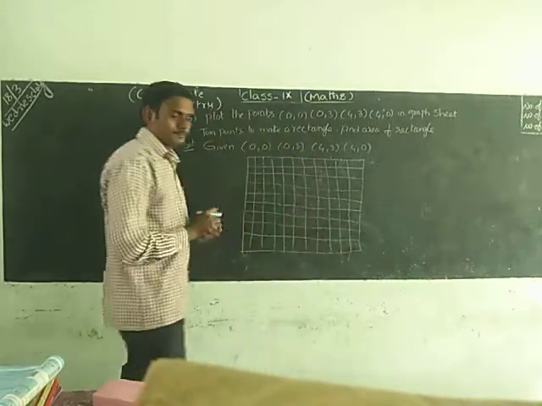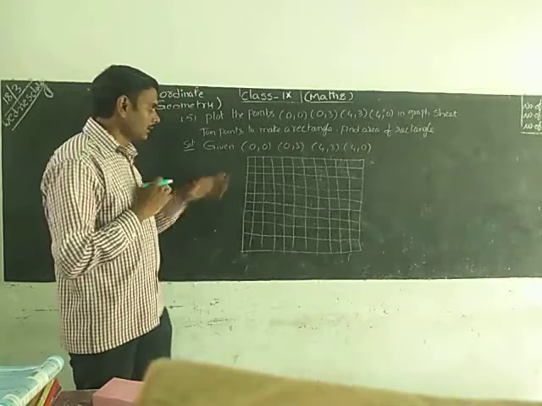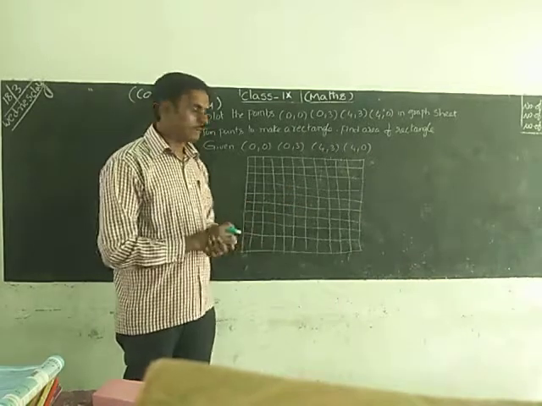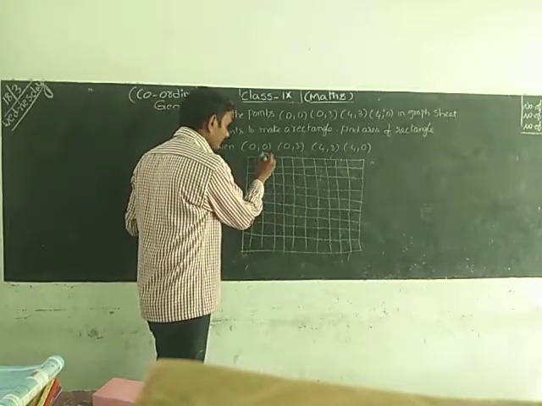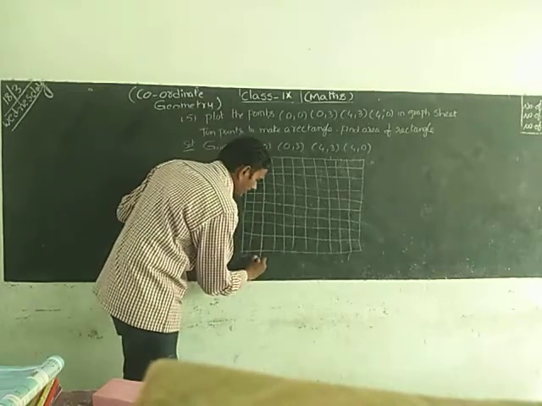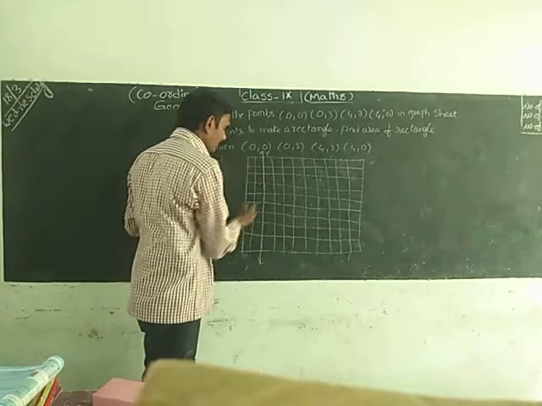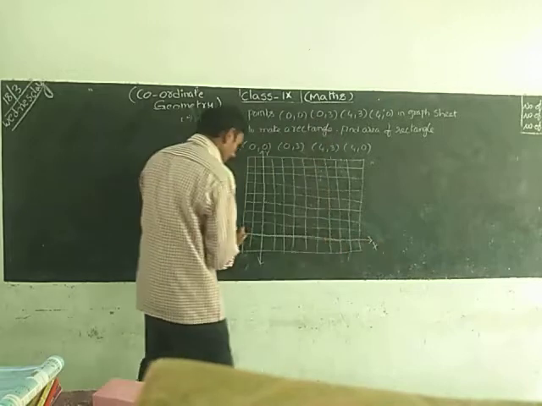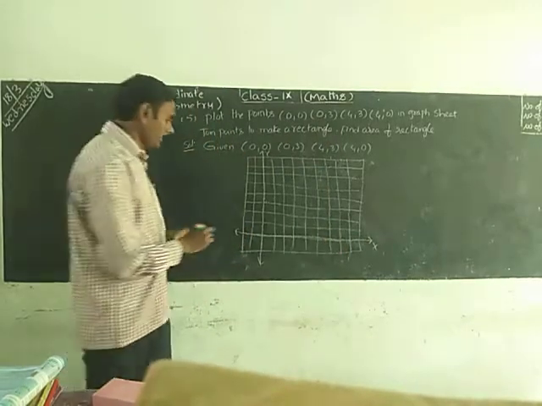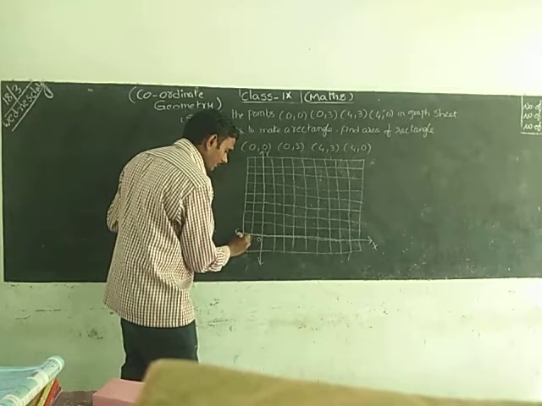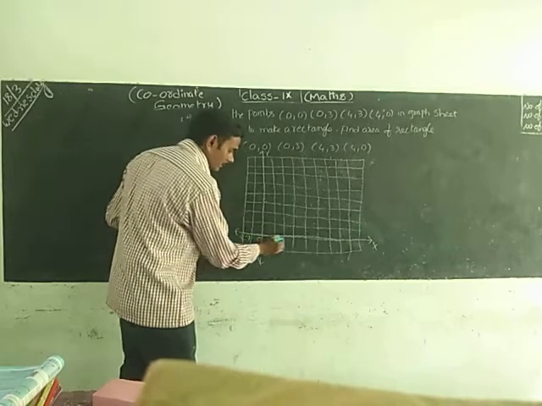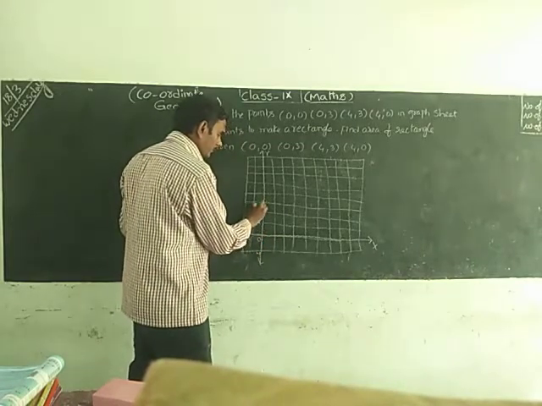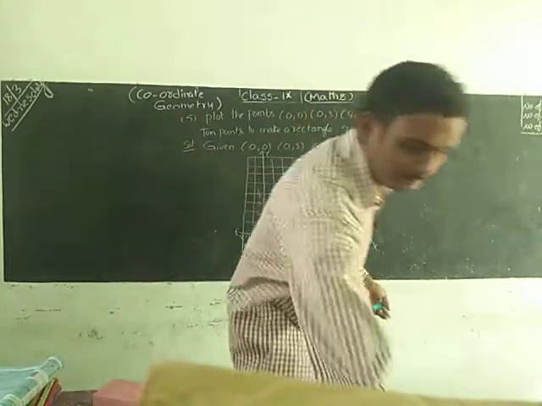Okay, I have taken graph paper. The data is convenient: all coordinates are positive, so only Q1 is enough. So I want to draw a graph like this. This is the y-axis and this is the x-axis. We have to mark the points. This is 0, 1, minus 1, minus 2, this is minus 1, then 1, 2, 3, 4. That means I draw this one.